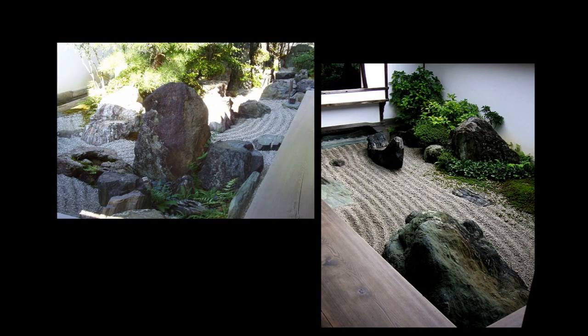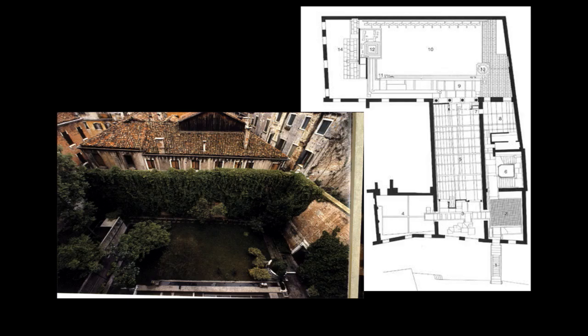All of these things are ideas that Scarpa could potentially have understood. Certainly, examples like this are ones that he was impressed with and that he studied. And we're going to see that each of the points that I made about sensory experience and imitating natural, actual settings, all of these things are going to be found in his design for the garden at the Querini Stampaglia Foundation. If we take a look at the garden, you can see that it actually consists of two different parts,